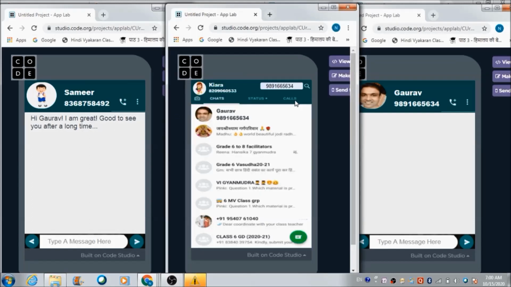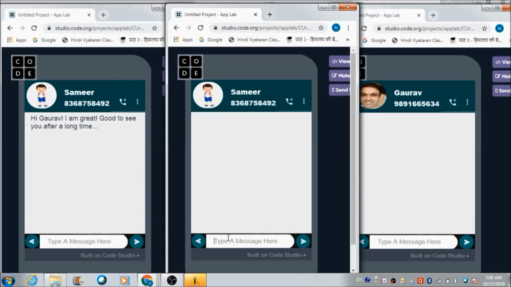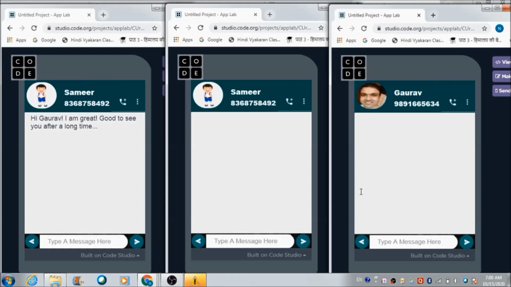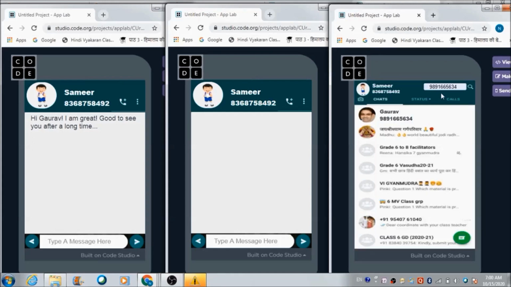Now suppose Kiara wants to talk to Sameer, how can she do that? Let's check whether Kiara can send a message to Sameer or not. So this is Sameer's panel. He needs to come back and search for Kiara's profile first.